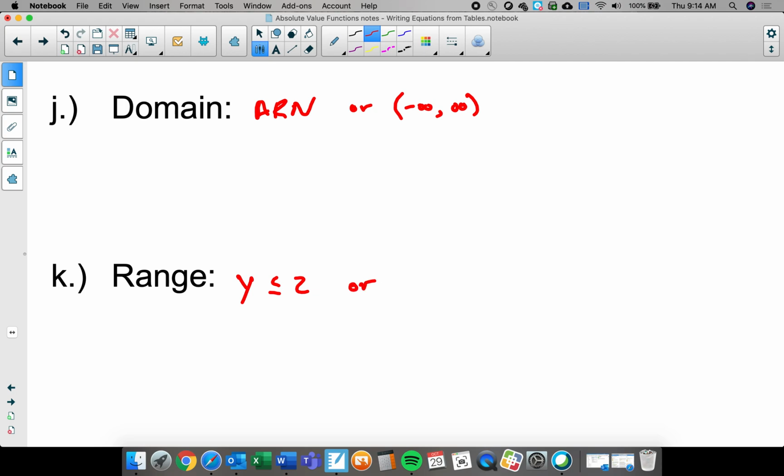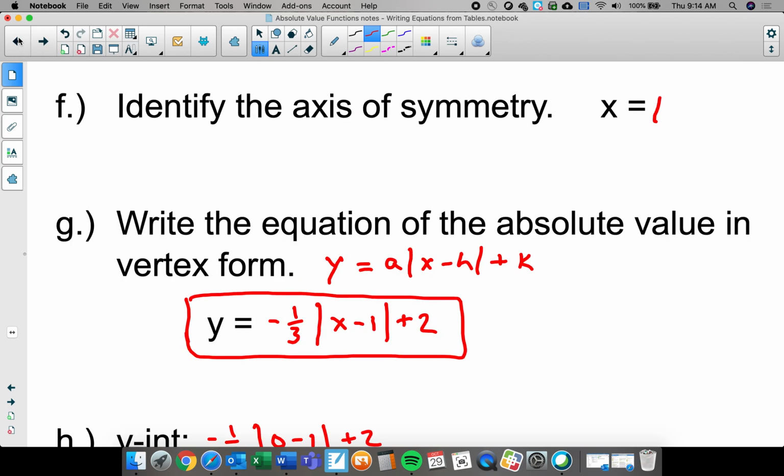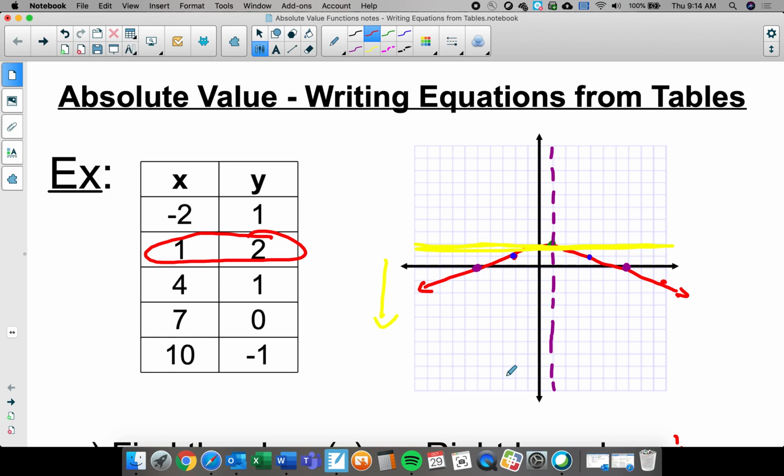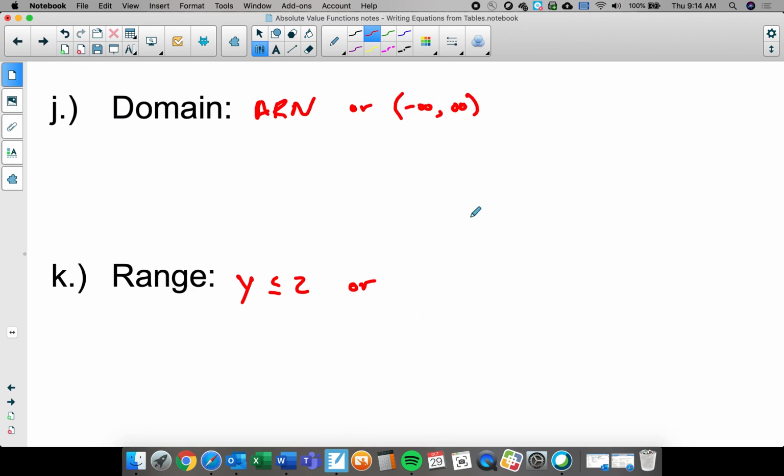Or if I wanted to write that in interval notation, again, we always go from lowest value to highest value when we do interval notation. So the lowest value would be down here, meaning we're coming from negative infinity all the way up to that yellow line, which is positive 2. So if I was going to write this, we would write this as negative infinity to 2, and now I'm going to put a bracket instead of a parenthesis. The bracket, just like when we talked about open dots versus closed dots,